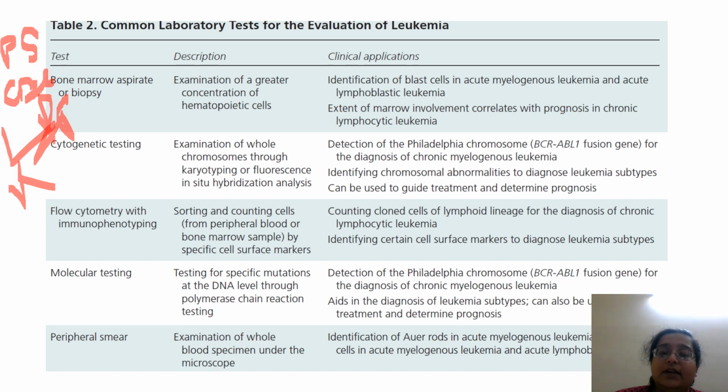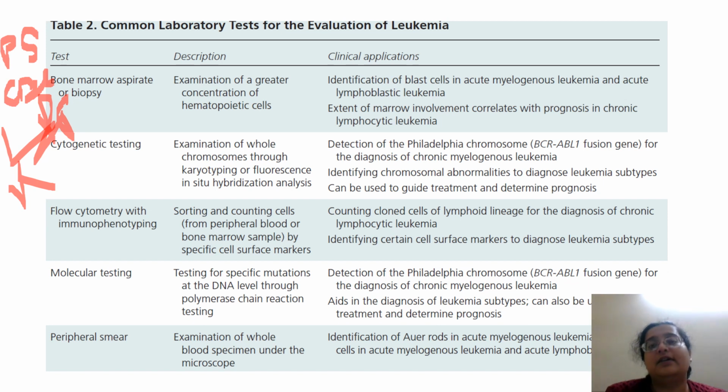WHO has progressed a lot with the molecular part of it. In detail, I'll be dealing with it in separate leukemia lectures that I take, but for all the postgraduates who had asked me about it, how do you go about it clinically? A patient comes to you presenting with any abnormality in the CBC parameters like anemia, thrombocytopenia, leukocytosis. Sometimes you get a subleukemic leukemia. The count is normal or reduced with lymphocytosis, and then you get blasts in the PS.